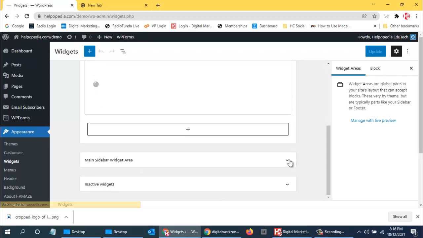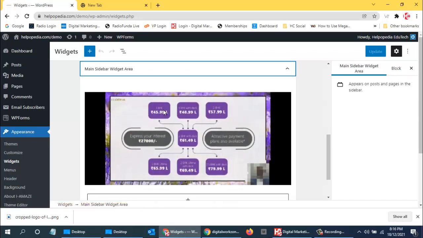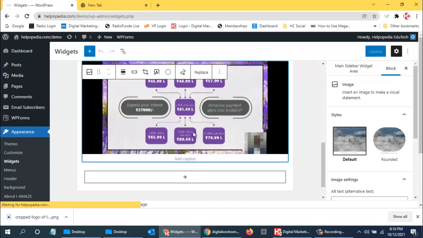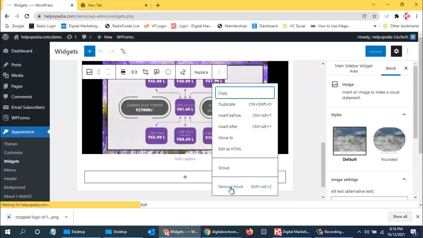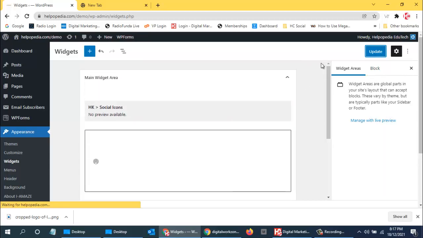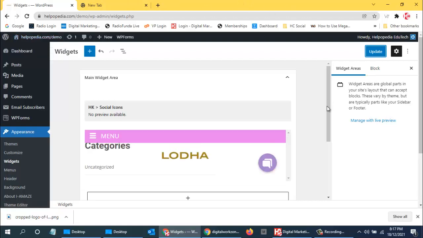So in the sidebar, you can see the widgets over here. If there is something you do not want, then in that case you can remove this. Remove block. So now it is done. Update. Once it is saved, it will come up.